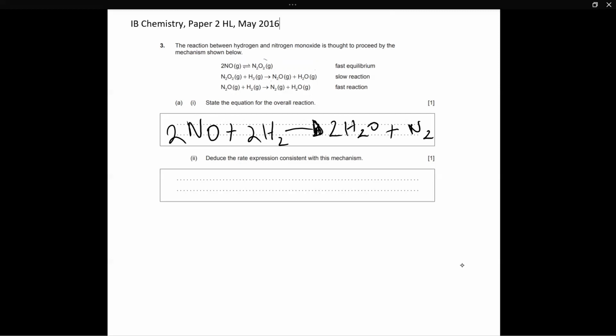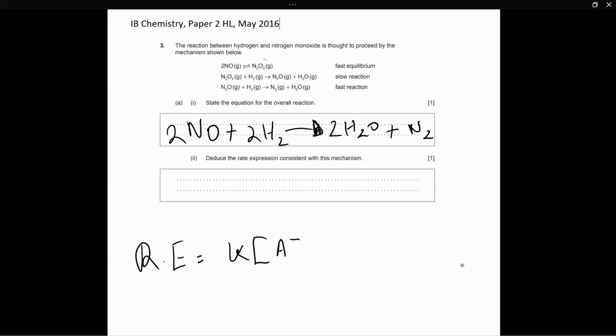Well, a rate expression is something that uses the concentration of the reactants that are taking place in a specific reaction like this, and it uses another number called the rate constant K. You would have heard of it, and it gives us the rate of that overall reaction. Now, this is basically the template for what a rate expression looks like. So rate expression is K, which is a constant,